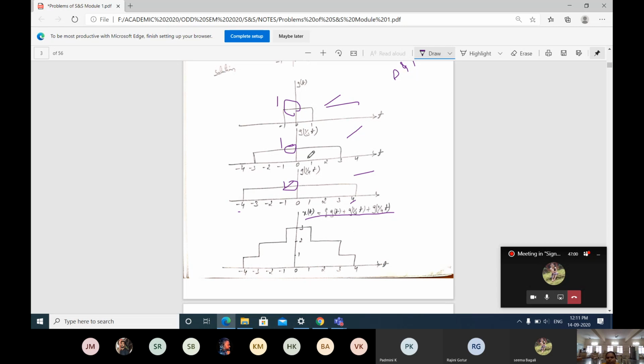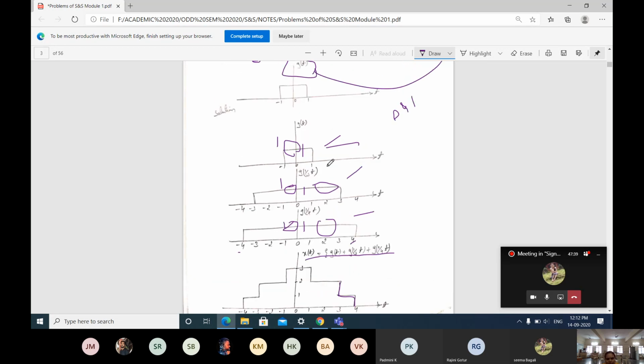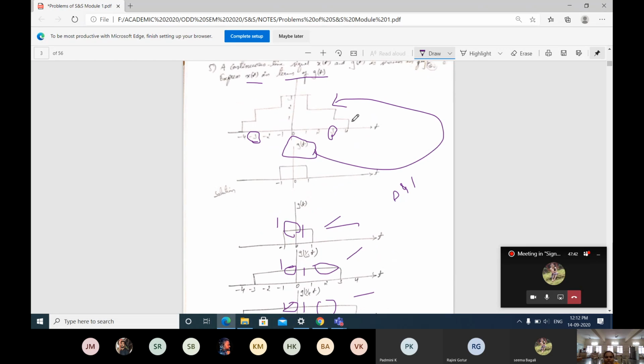In the same way the positive part. From 0 to 1 it is 1, here also 1, here is also 1. What are you getting? 1 1 1, 3, right? Again from 1 to 3, observe, it is 1 only, this whole part is 1, and again here 1 to 3 it will be 1. 1 plus 1 means 2, till 3 it will be 2, again it drops, and from 3 to 4 it is 1, again 1. It will come like this. This is how you have to extract the signal and do some operation on it, and then we will get the required signal.